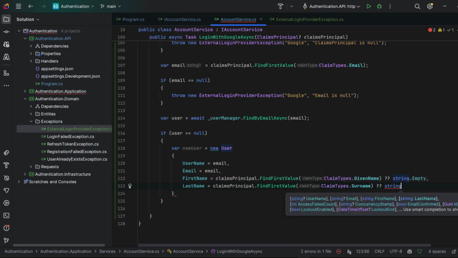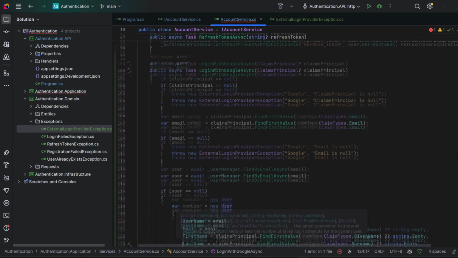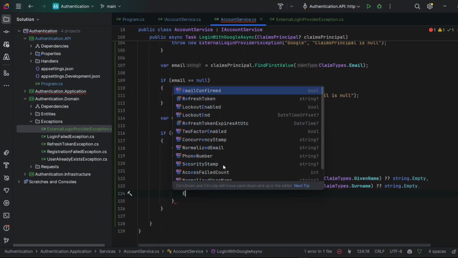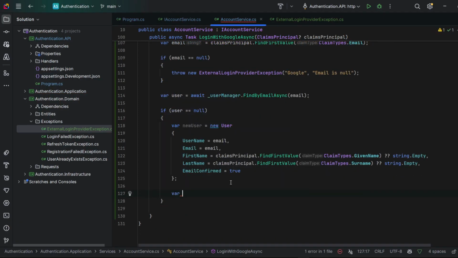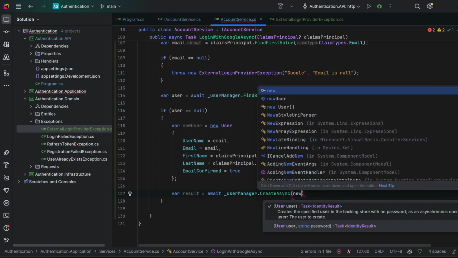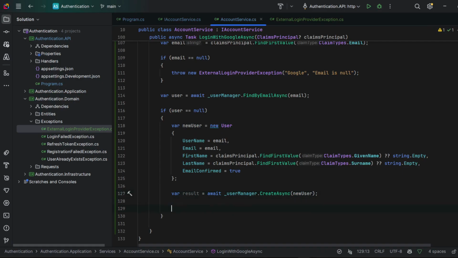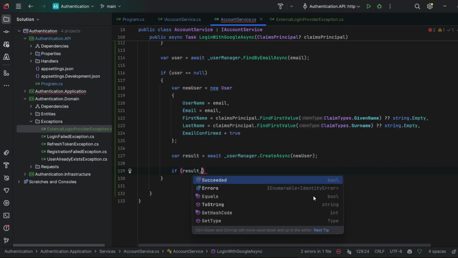And after that, we'll use string.Empty. And once we have the already existing and authenticated properly Google user, that means that the email has been properly confirmed. And now we can type var result is equal to await userManager.CreateAsync, and we can pass this new user as parameter. And then we can check if the result succeeded,